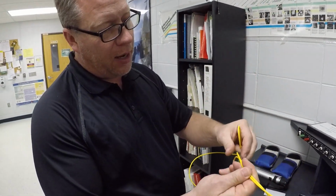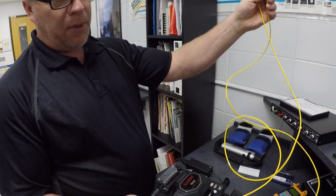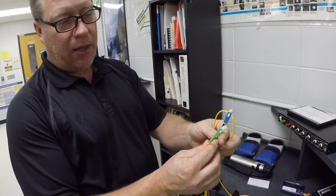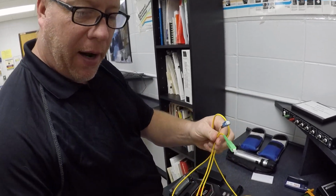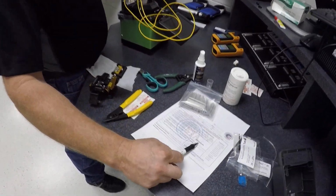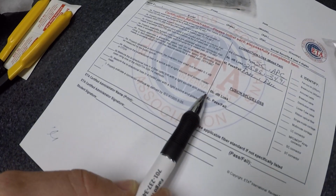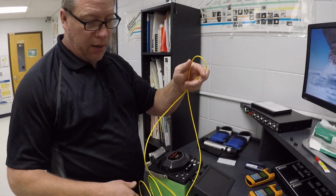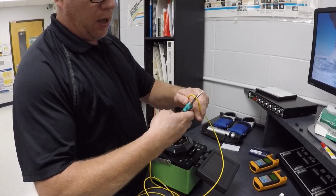Alright, here we have our patch cord, and I'm going to be cutting this in half because we're going to splice this back together. This is our final test for our fusion splice skills. So we're going to cut this in half like so. I'll find the halfway point, and we're going to cut it like so,